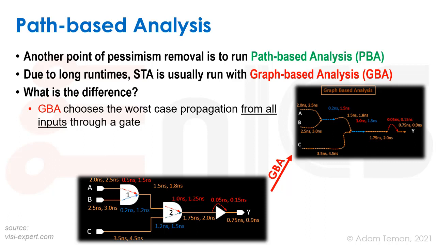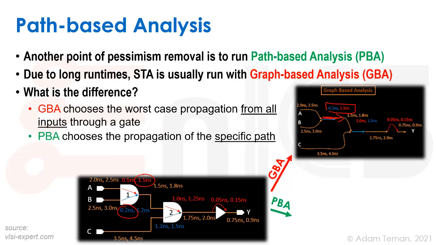We don't want to deal with all these different arcs that can be falling arcs, rising arcs, and so forth, and several inputs through the gates. So what we do is we just merge this. We look for the worst case. The fastest arc is 0.2 nanoseconds. The slowest arc is 1.5 nanoseconds. So we provide a graph like this, where we would just turn that gate into 0.2 to 1.5 nanoseconds, and that's done for all the gates, and it gives us a big speed up from what should actually be done,